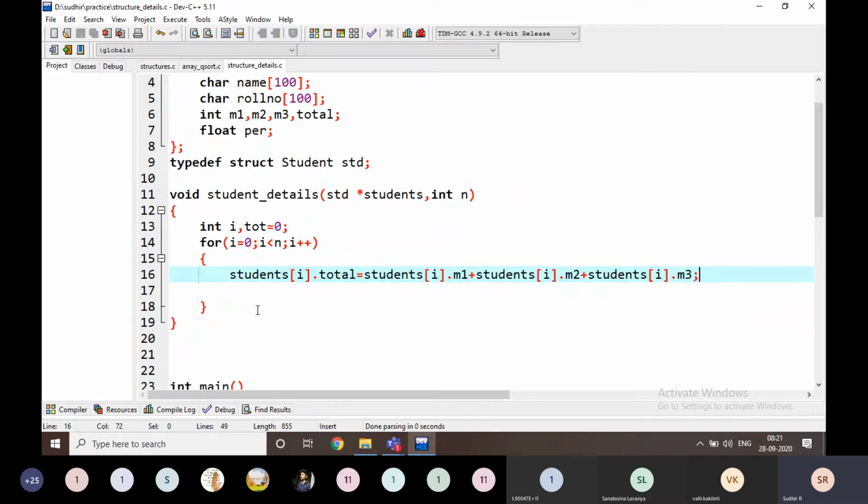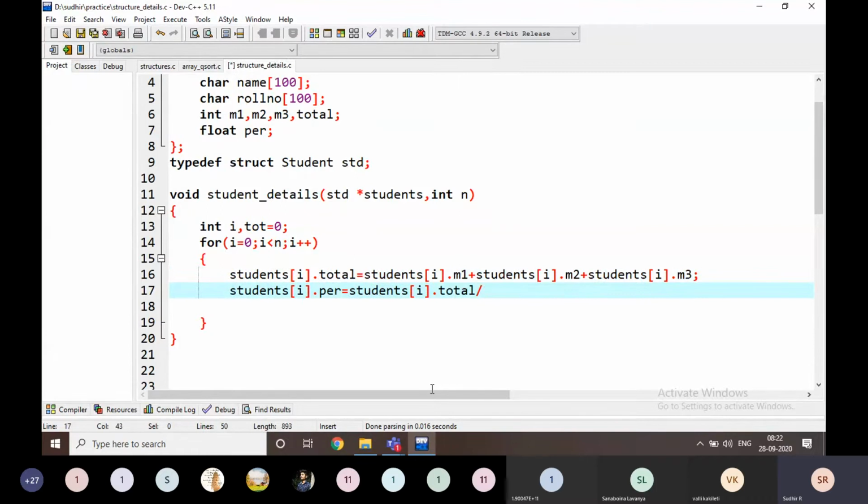The same thing I'm going to write here, dot percentage is equal to, what I have to do here, this is going to be the total value by 3, right? The total value by 3. This is total value by 3 here.